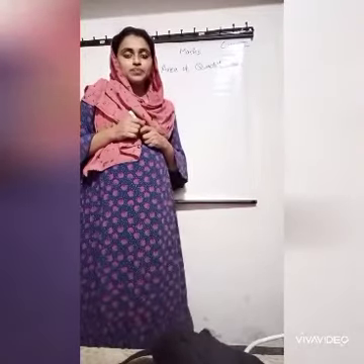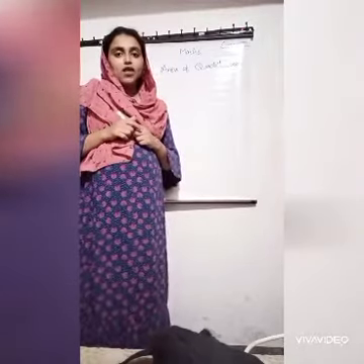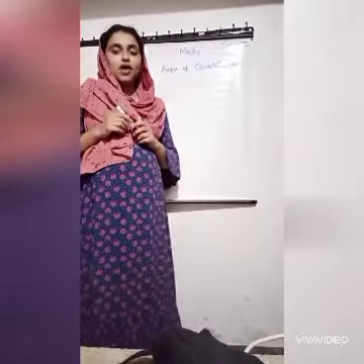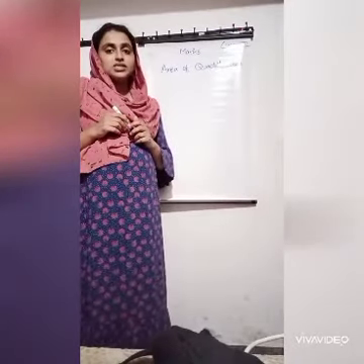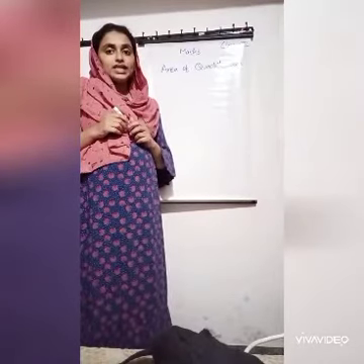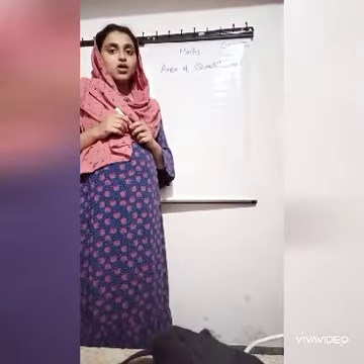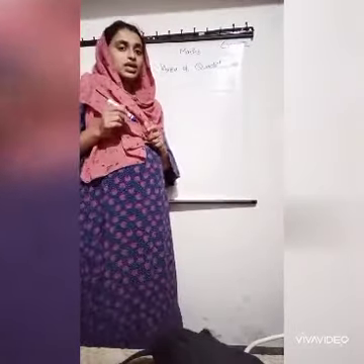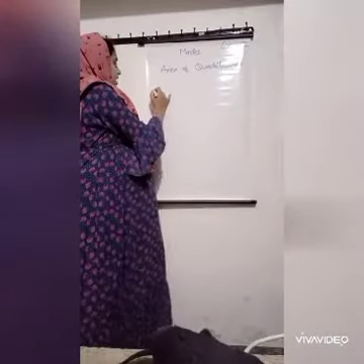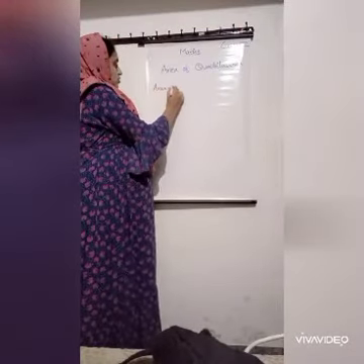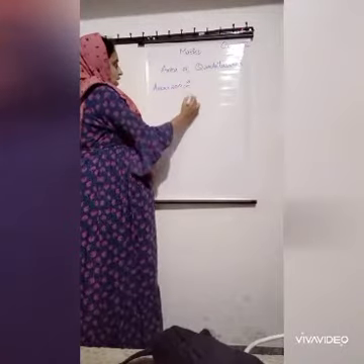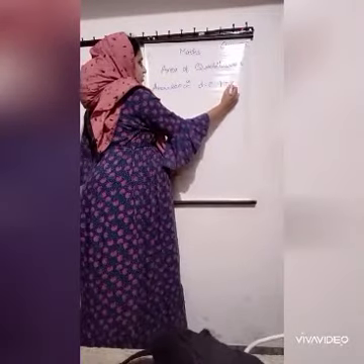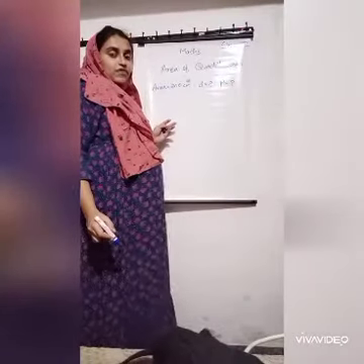Just write this question. Given that the area of a square is 200 centimeter square. You need to find the length of the diagonal and perimeter of the square. Is this question clear for you? Just listen. Given that area is equal to 200 centimeter square, we need to find the length of the diagonal and perimeter. Is this question clear for you?